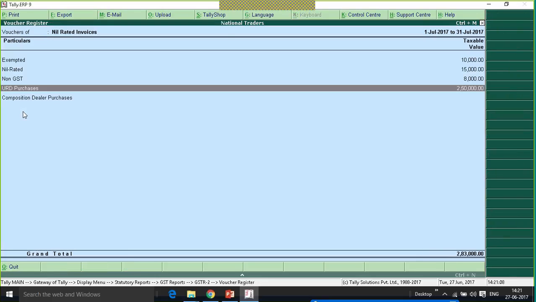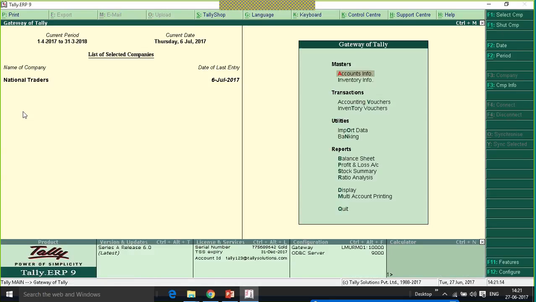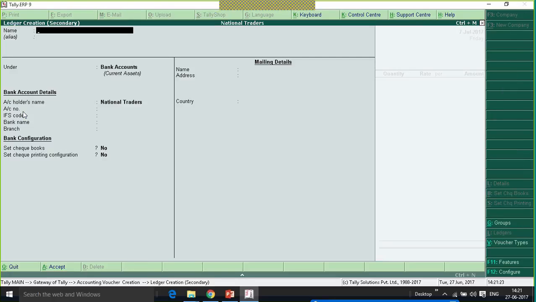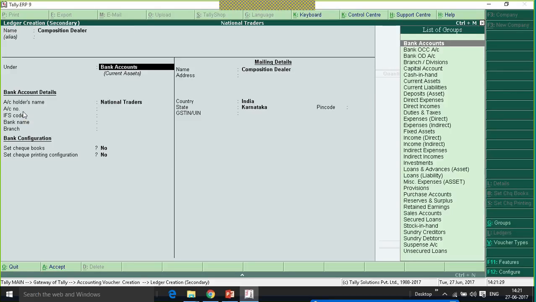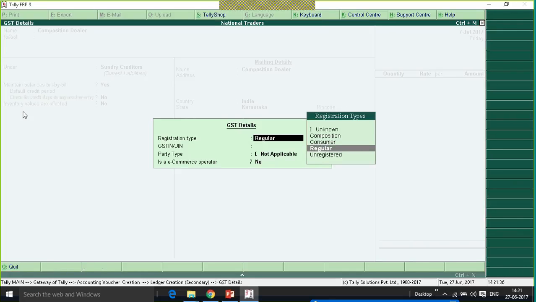Right? Now let me record a purchase from composition dealers. Accounting vouchers. I'll change the date and I'll create a new party, under sundry creditors, and he is a local dealer. The registration type will be composition.